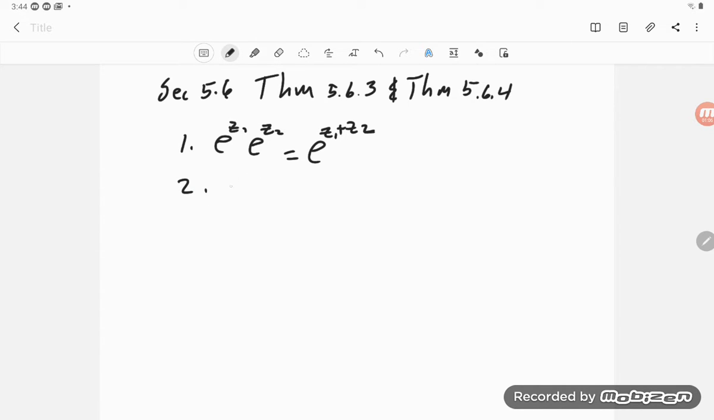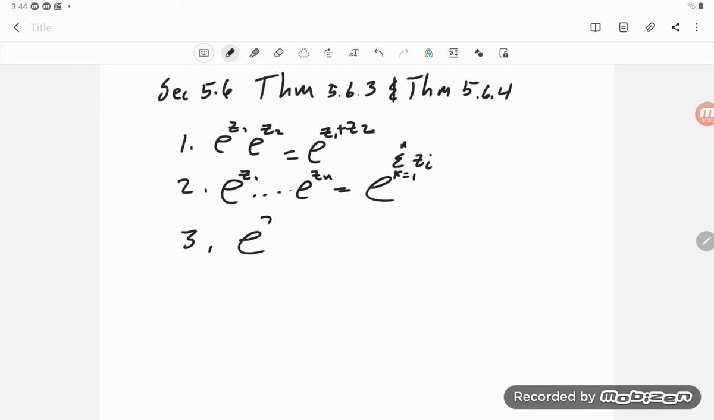Two, if you have e to the z1 times some e to the zn, and we had a z2 and z3 and so forth, well, that's just e to the sum of all those, so sum k equals 1 to n of z sub k. Three,